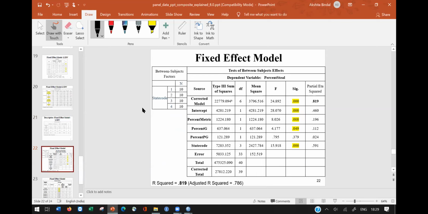Now the univariate analysis. When I did the GLM univariate analysis, the corrected model value of partial eta square comes out to be 0.819, which is the same as the R square value. So what is partial eta square? It tells me